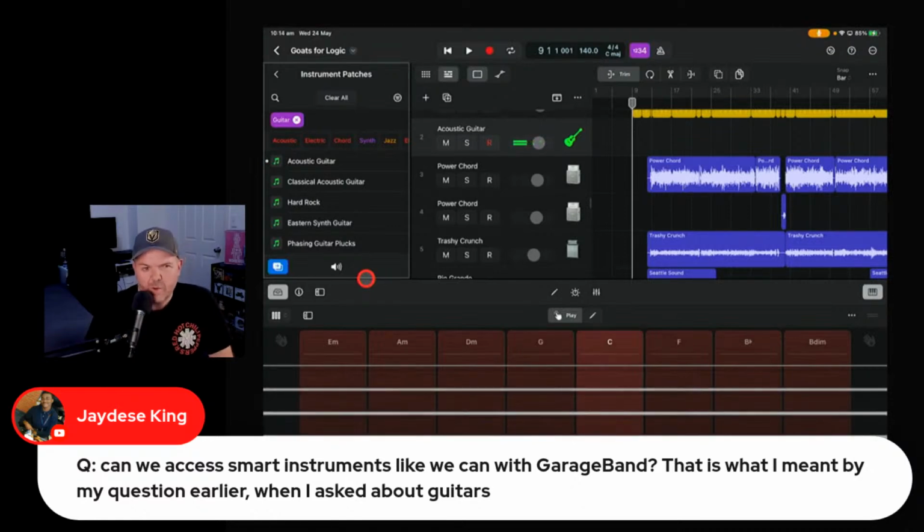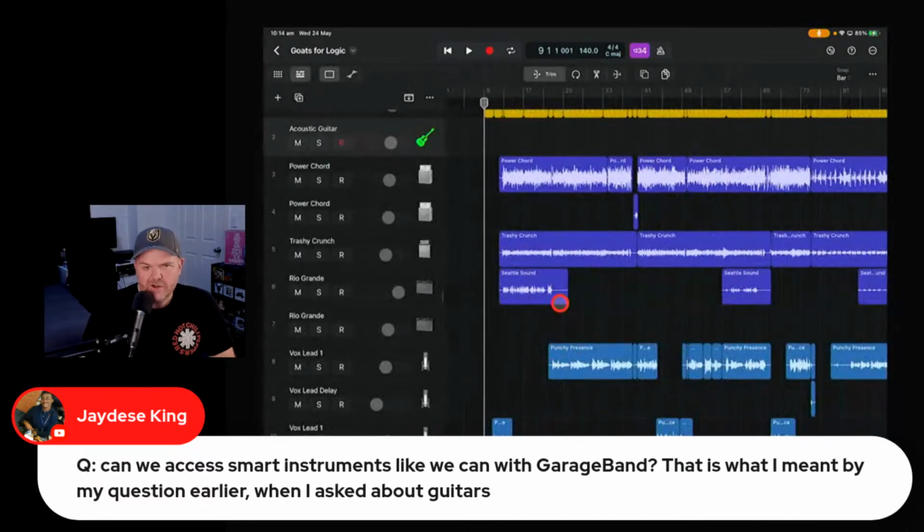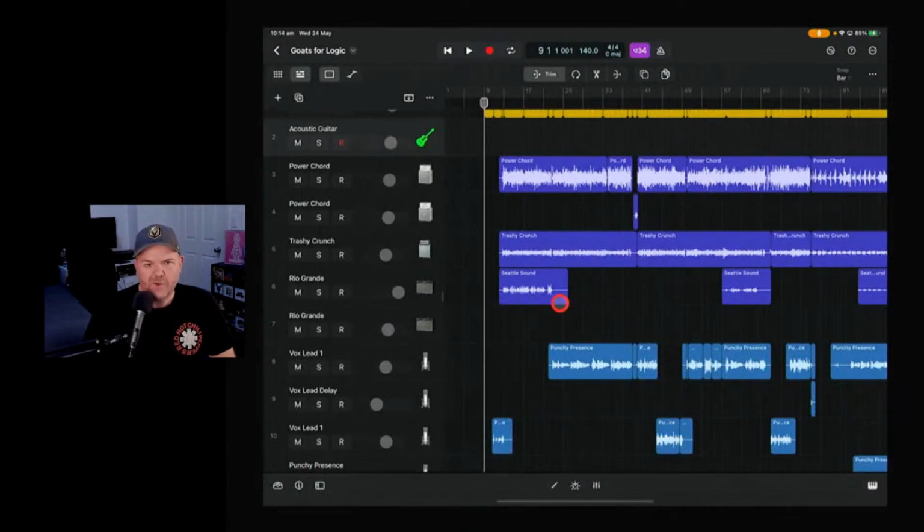Is it just me, or is that guitar sound a little better than the other one? I reckon it is, maybe I'm just hearing things now. It's been up for a while. All right, so yeah, if you want to put that away, we just put the play surface away like that, and then we close out like that. So yeah, short answer is they're not where you think they are, but there's actually more power under the hood there than what you had in GarageBand.